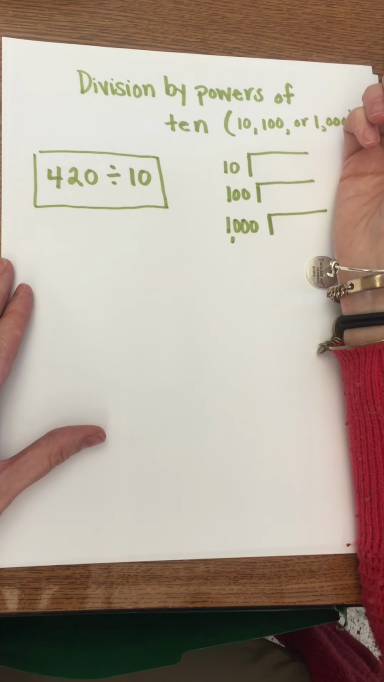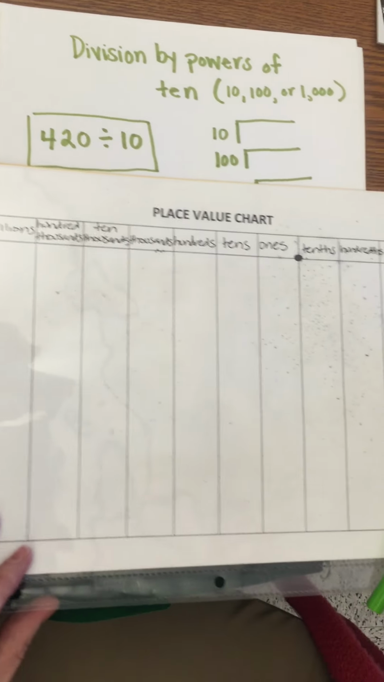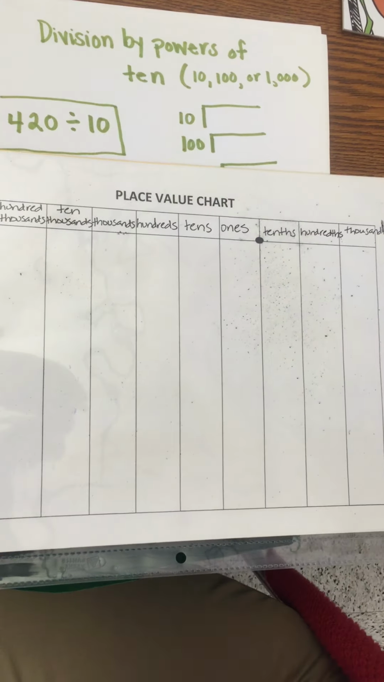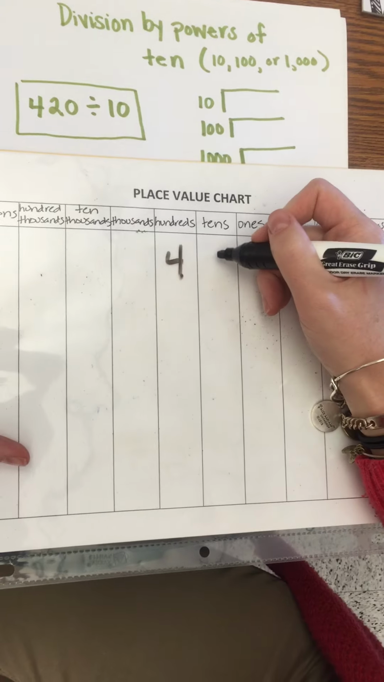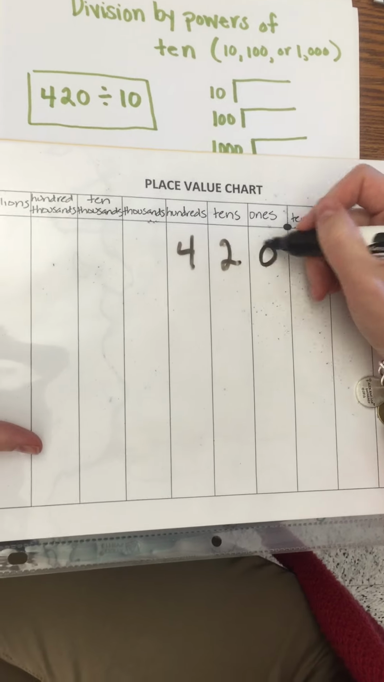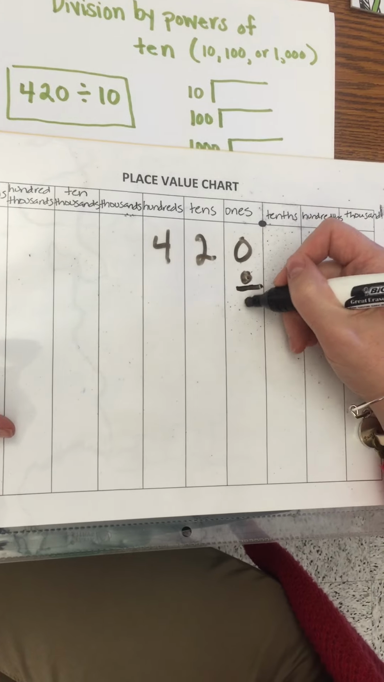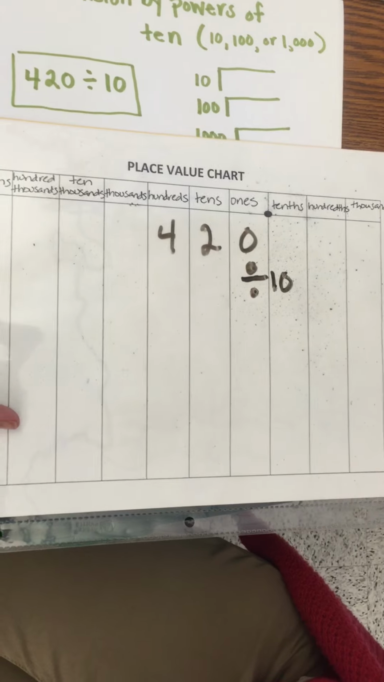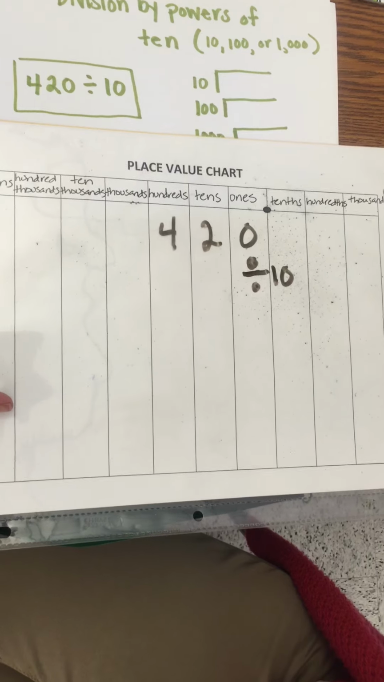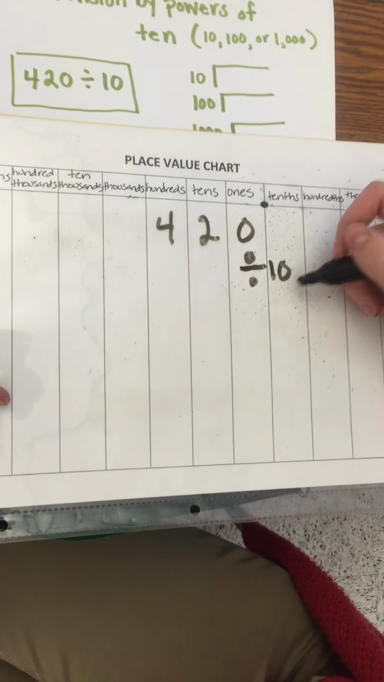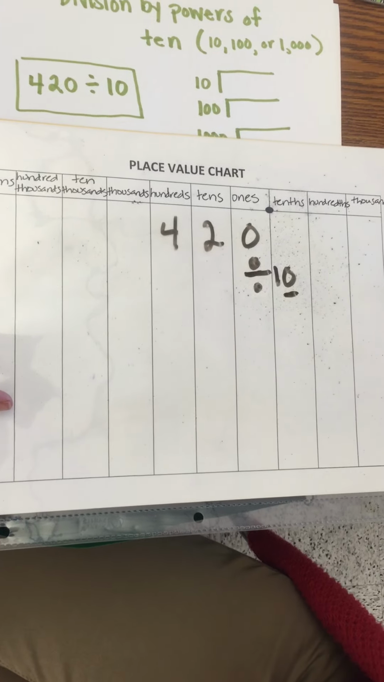So I simply think about shifting on a place value mat. If I write in 420 on a place value mat, I know that the 4 goes in the hundreds place, the 2 goes in the tens place, and the 0 goes in the ones place. If I'm dividing by 10, I know when I divide, my answer gets smaller, so I will be shifting to the right. If I divide by 10, I know that there's 1 zero in 10, therefore that's one shift to